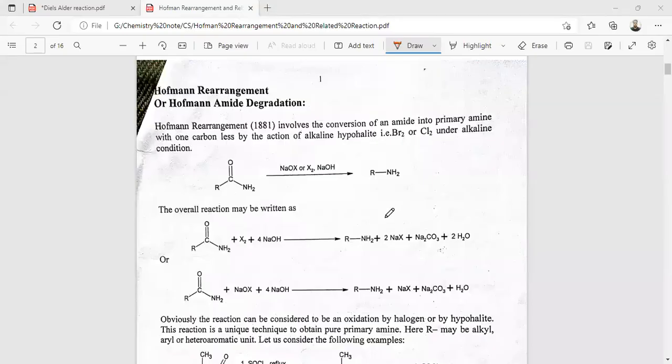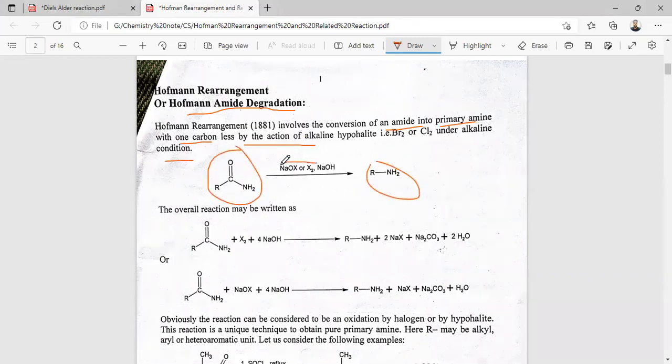So now I will discuss the Hofmann rearrangement, or the Hofmann amide degradation. So the Hofmann rearrangement, discovered in 1881, is the conversion of an amide to a primary amine with one carbon less, by the action of alkaline hypohalite, or Br2 or Cl2 under alkaline condition. So the Hofmann rearrangement is mainly the amide to amine formation in the presence of NaOX or X2